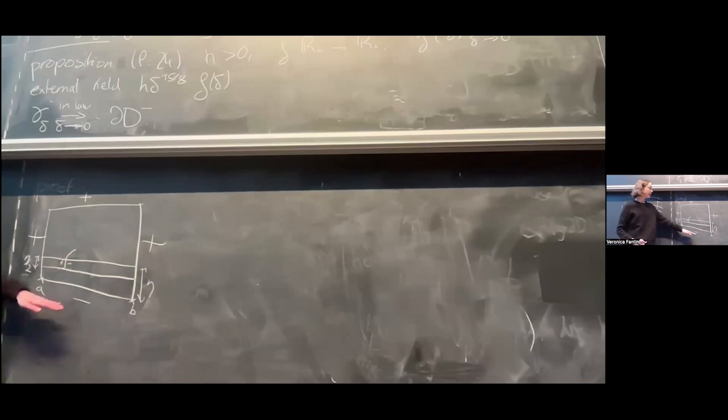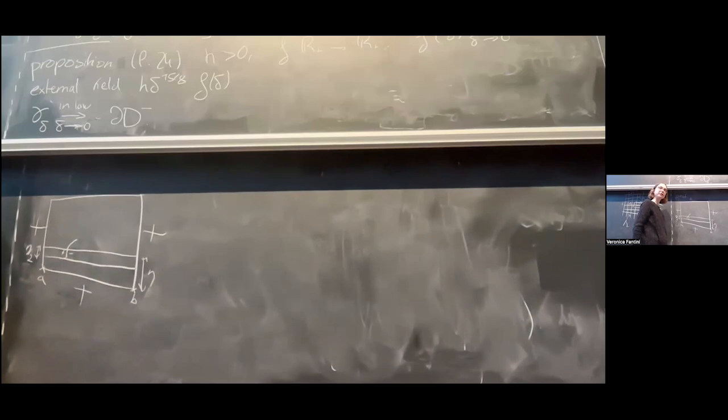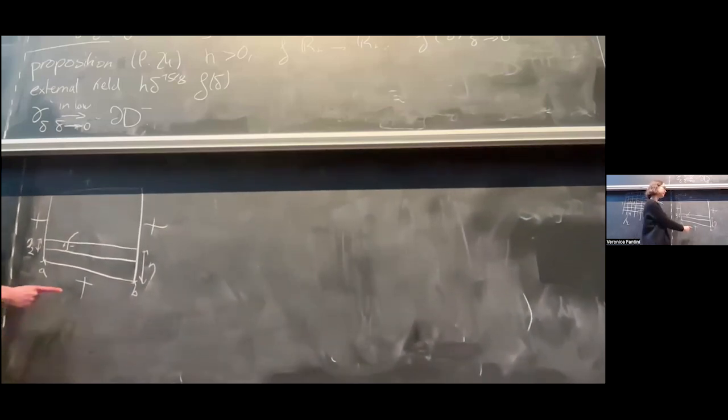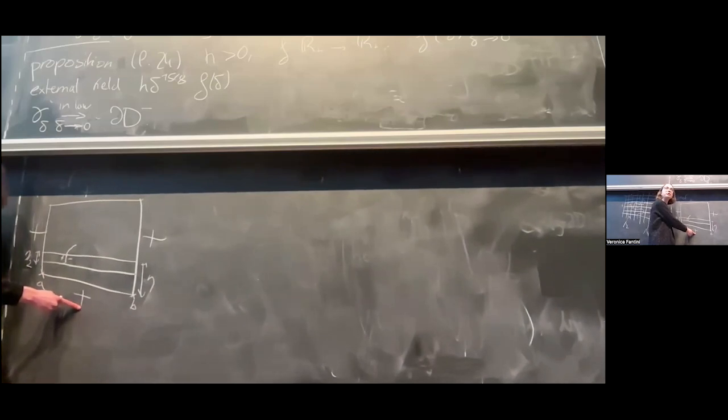But now the nice thing is that this event takes place a little bit away from the boundary, in a way that is macroscopic, in the sense that it is independent of δ. And this means that you can use some type of mixing argument to say that, up to multiplication by a constant, the probability of this event is roughly the probability of the same event but with plus boundary condition. And now if you do this, for Ising it's really nice because you can use the Edwards-Sokal coupling,